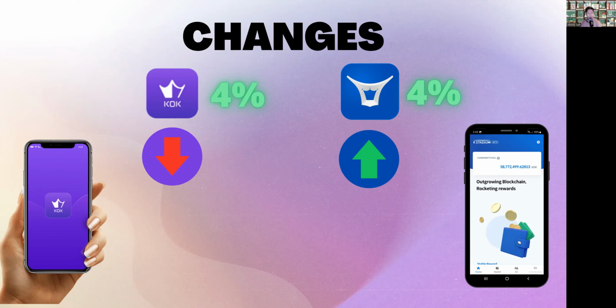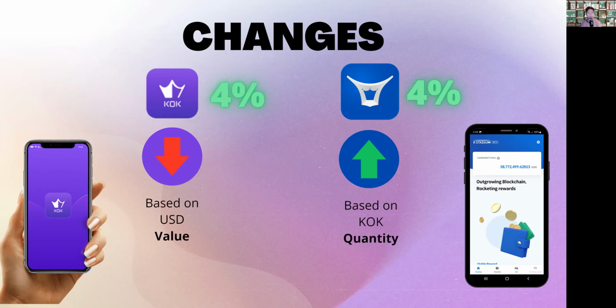For example, the mining rate of Bitcoin, which is one of the oldest cryptocurrencies in the world, is right now extremely slow, where you can only produce perhaps 5 blocks a month, which is very, very low compared to its early stages. Unlike that side, on the K-Stadium side, the rewards that you can get, the KOK coin, are actually only going to go up. I'm going to use the slides in the future after this to explain to you why that is. But let's focus on how that 4% will affect you.